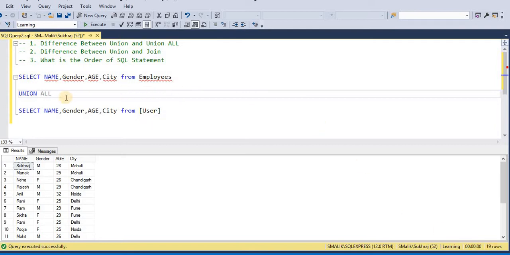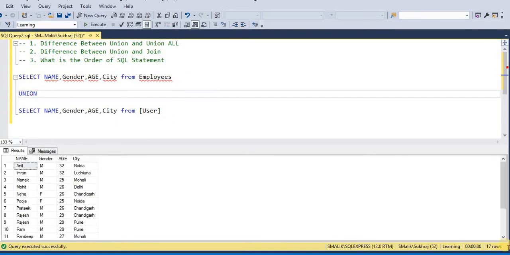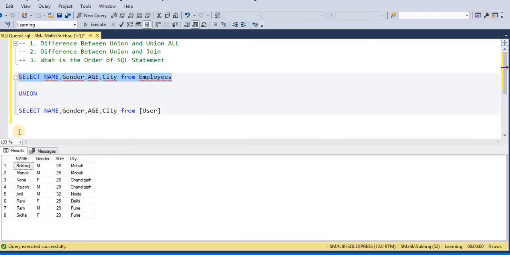So what is the difference with union? In case of union all, we get all the records, but in case of union we get only unique records. If I use union here, in the final result set I get only 17 rows. So why are two rows missing? Let's see why. In the employees table I have 2 records, one is Neha, another is Rani, which also exist in my user table.